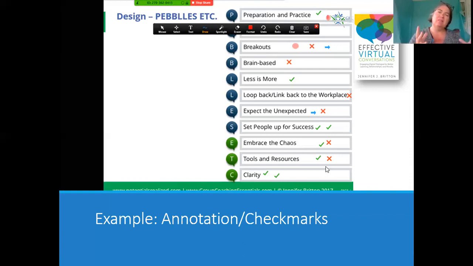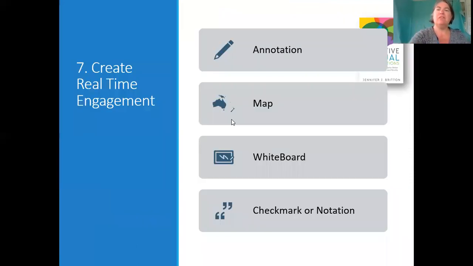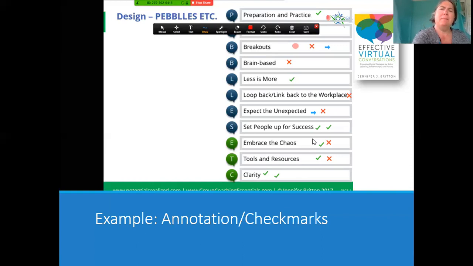So this gives me some quick information without having to do it verbally in terms of where is the group and where are they at, because it invites them to pick up their pen, get active. All of a sudden, the disruption is no longer there. So that is annotation, and you could also say the check mark or annotation. Let's take a look at two more.